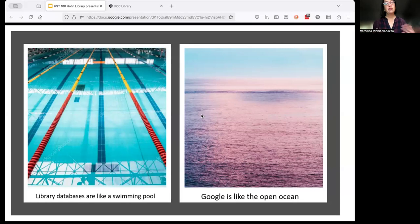This is the metaphor I like to use. Library databases are like a swimming pool, and Google is like the open ocean. What I mean by that is that they both have water and they both are places you can swim. But the library databases are a little bit smaller, a little bit more confined, restricted. And you might think, well, that's so much smaller than the ocean, that's no good. But as far as getting things done and getting your swimming done,